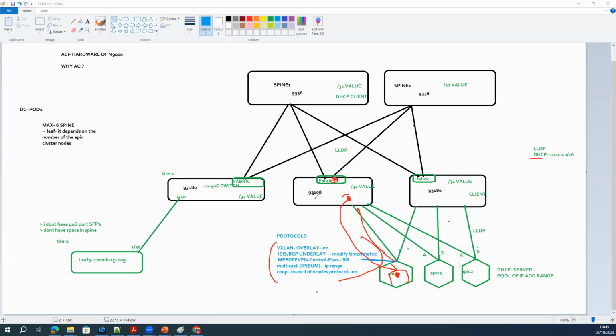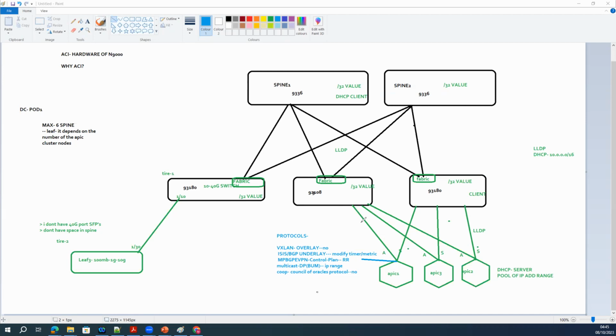APIC will not assign this configuration on any other ports. APIC will identify that okay, this is a fabric port you have. Please install all the configuration on all the fabric ports. Okay. This is how the fabric protocols run in ACI.